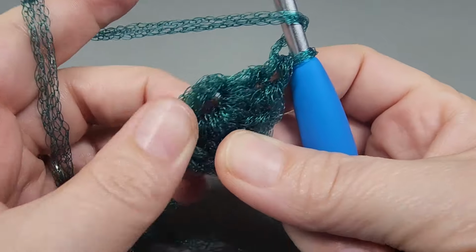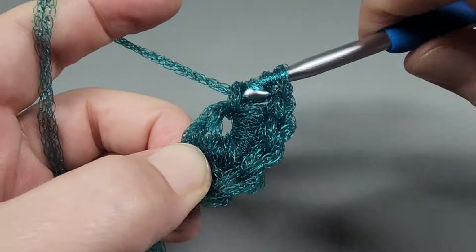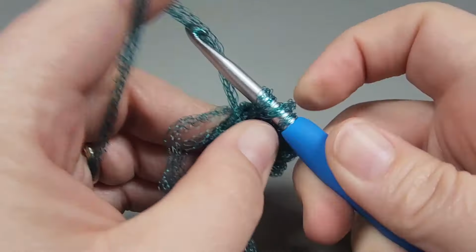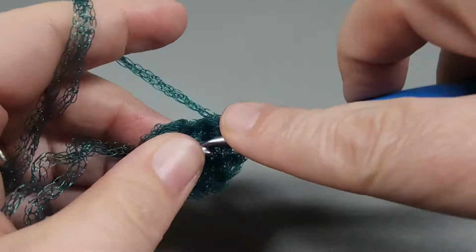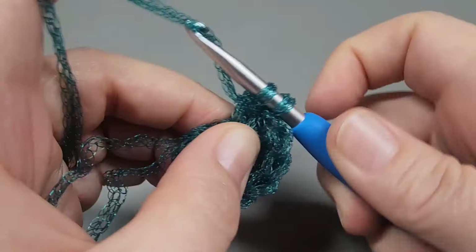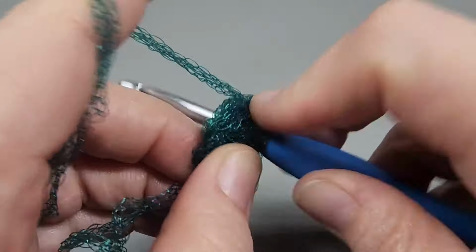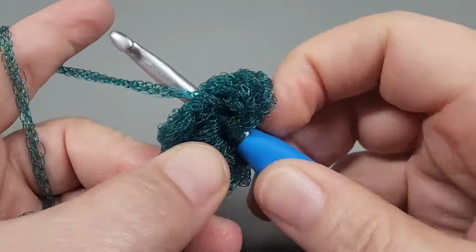6. That didn't. 7. 8. 9. 10. 11. One more in there